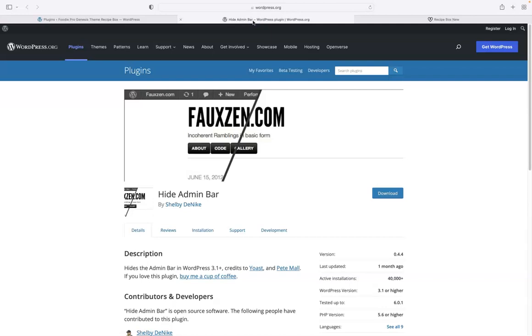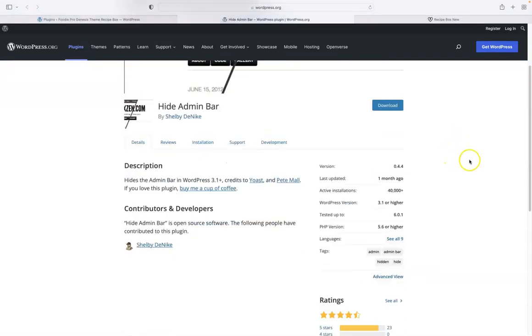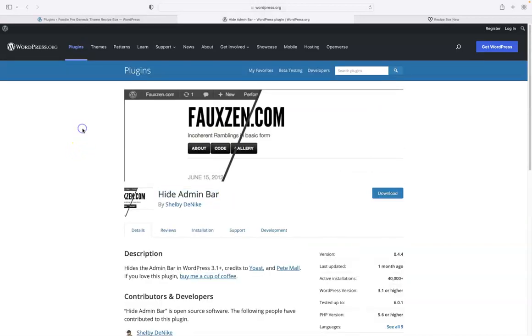So there's a very simple plugin to use here that I'm using on sites, and there's no configuration for this plugin at all. All we have to do is install the plugin and it automatically hides the toolbar on the front end. So it's called Hide Admin Bar,